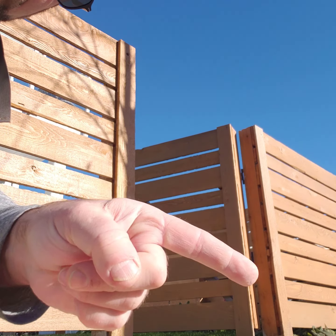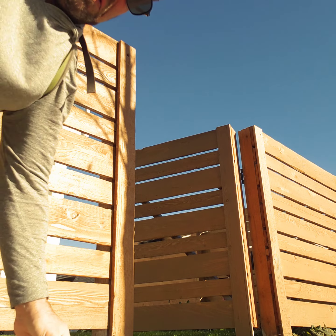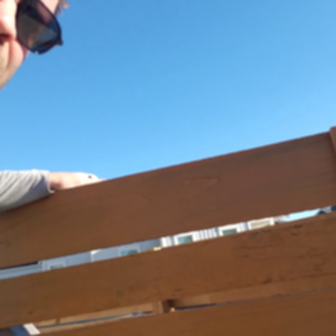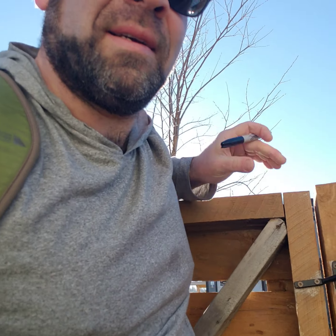Oh look, the magic gate into the garden. Let's go. So I found the magic gate. And here we go. I found a magic garden. This is where the magic happens. God planted some herbs here somewhere and we're gonna find them. Oh